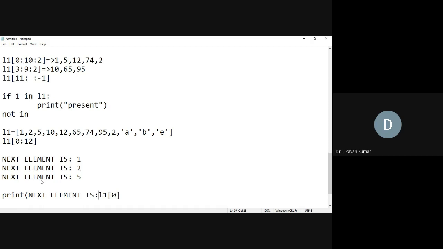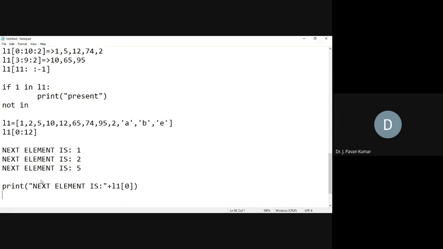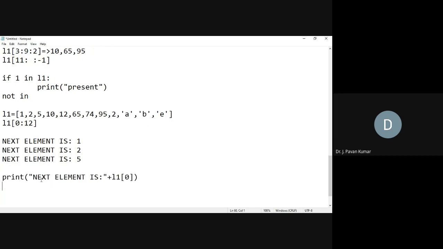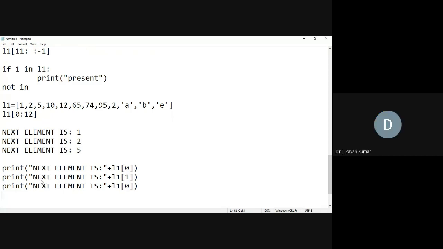Next element is, we can specify in double quotes, then print L1 of 0. Similarly, again we use print: next element is L1 of 1. Next, print: next element is L1 of 2. Like this, we can use all the indexes, 0 to 11, for all the elements.